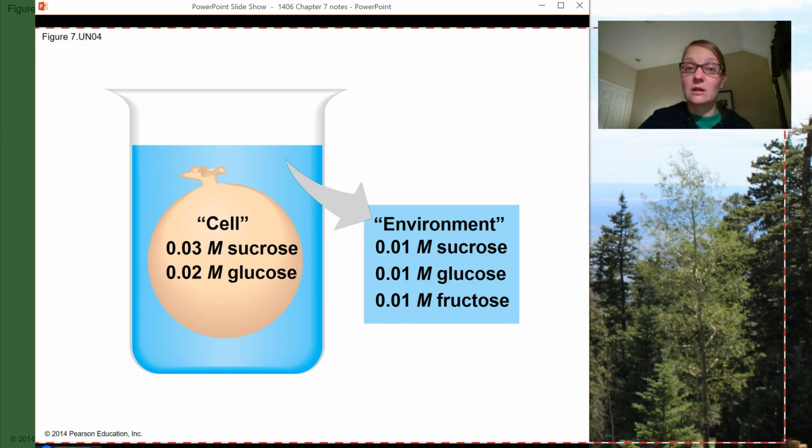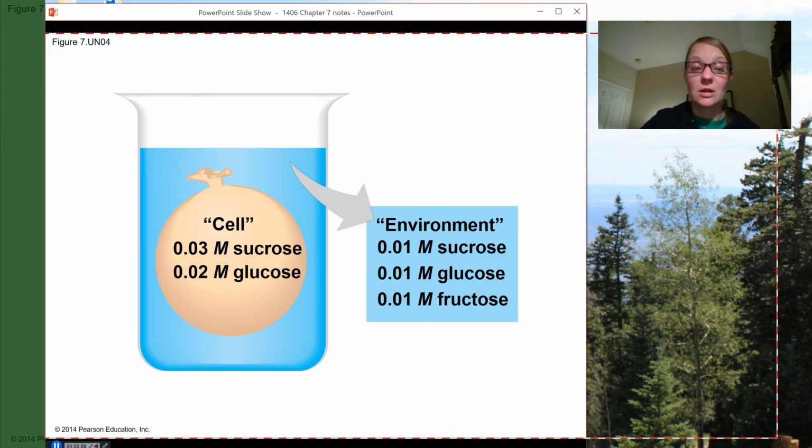All right, let's take a look. So if I'm going to draw a little bit on the screen here, we have our cell, right? And the internal contents of the cell are going to be your sucrose and your glucose. Remember, water cares about everybody, so we have to take into consideration all the solutes inside the cell versus all the solutes in the environment. So to do this, essentially what we could do is just add the concentrations of both sucrose and glucose in the cell. That'll give us a total concentration of